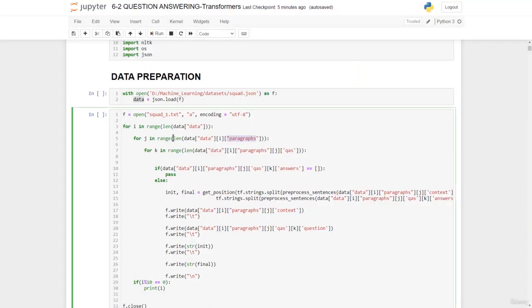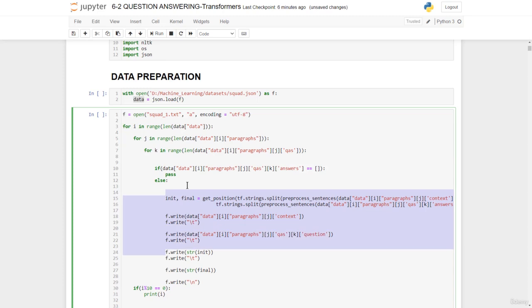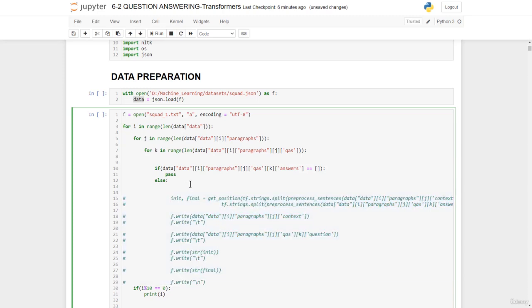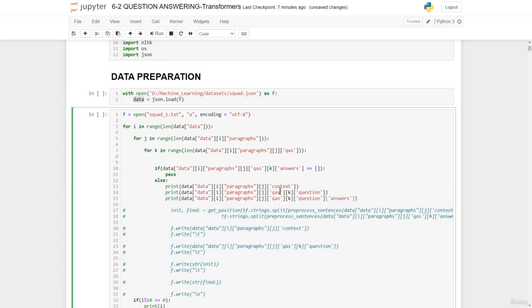And now this length here, the length of this data where we pick out a particular title and this paragraph, is actually the total number of contexts or the total number of paragraphs we were dealing with. So here we have this total number of paragraphs, and then for each of those paragraphs we want to have the total number of question answers. Now once we do this, we could print out, let's comment this for now, and then we could print out the context, we could print out the question, and then we could print out the answer